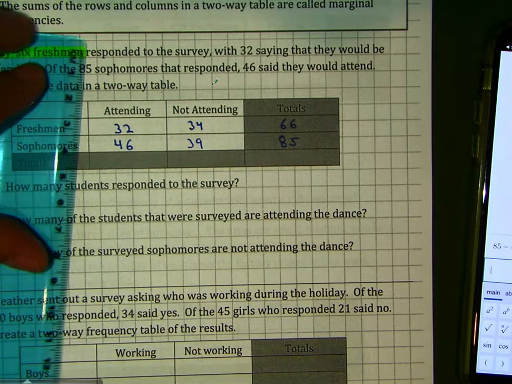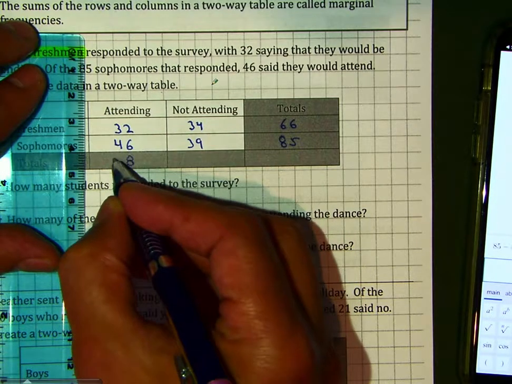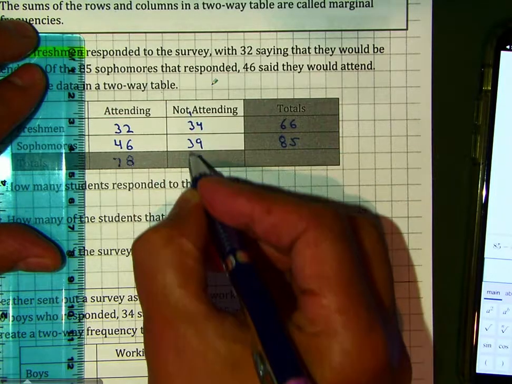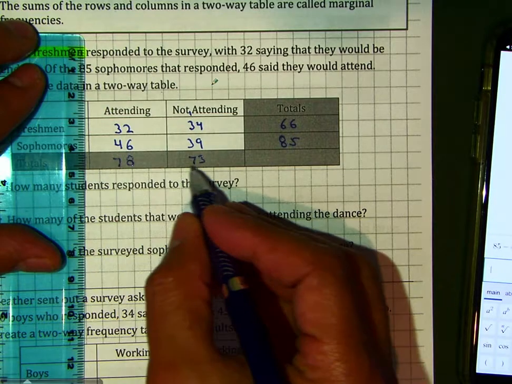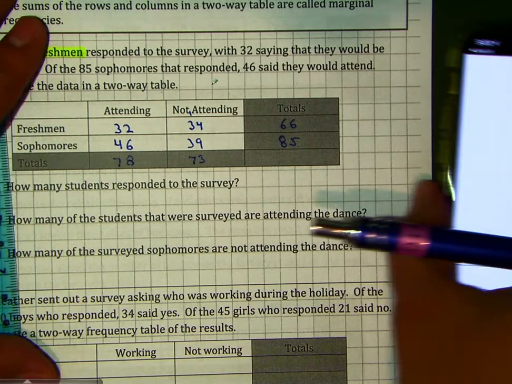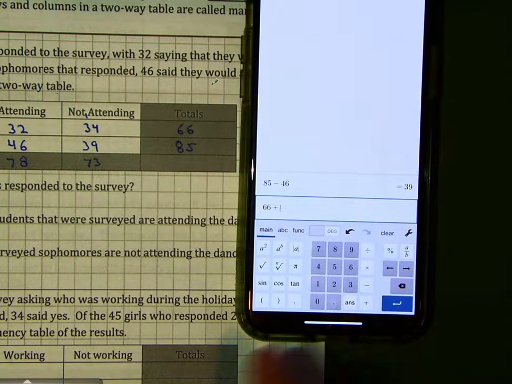And now I can start adding my columns. So it gives me 8, that gives me 7, that gives me 13, carry 1, so it gives me 7. If I add those two numbers, it should be the same as if I add those two numbers. So therefore, I'm going to add 66 plus 85